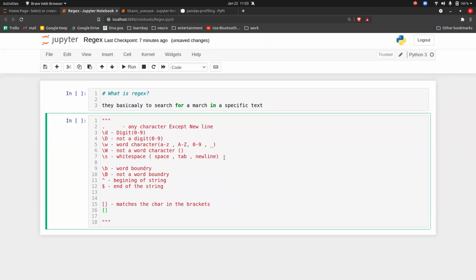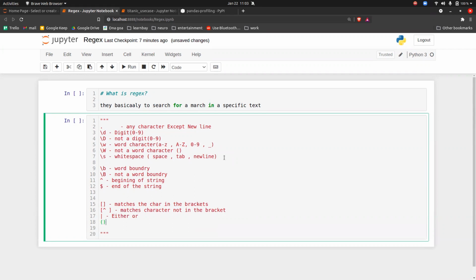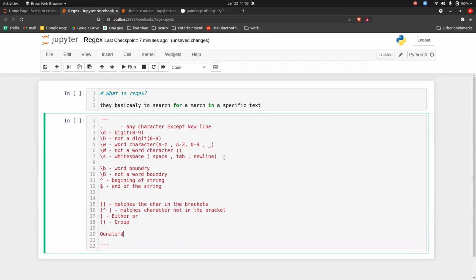Then we have the bracket with the caret symbol, which matches characters not in the bracket. Then we have the pipe symbol, and this symbol is called either-or. Then this symbol is called a group. And then we have something called quantifiers. So guys, you have to understand these symbols, then only you can proceed with regular expression. But I will also tell you what happens in the real world scenario, but that is afterwards, not now.